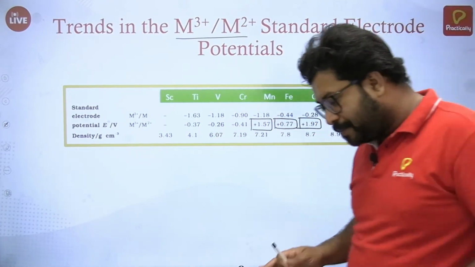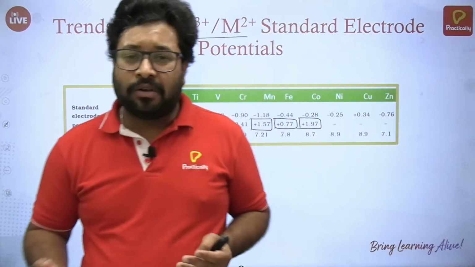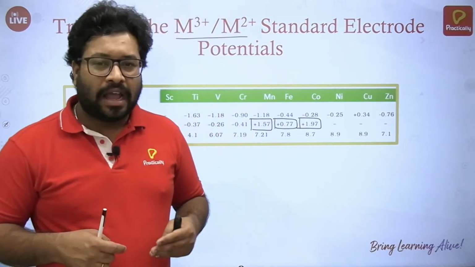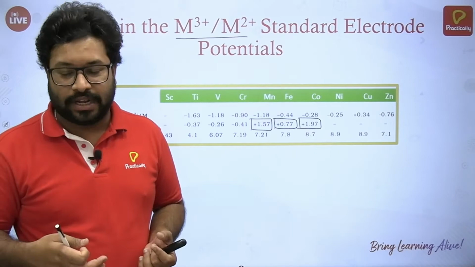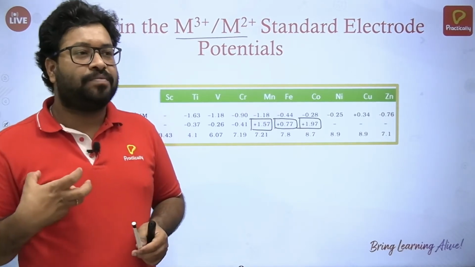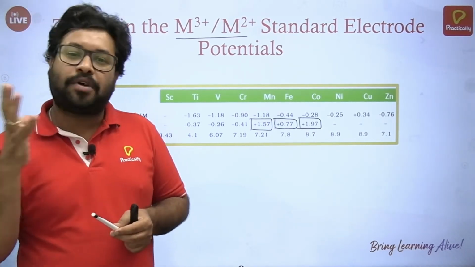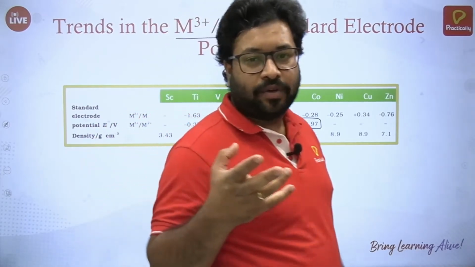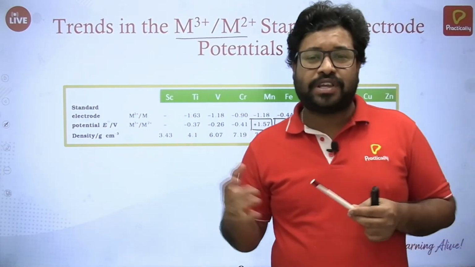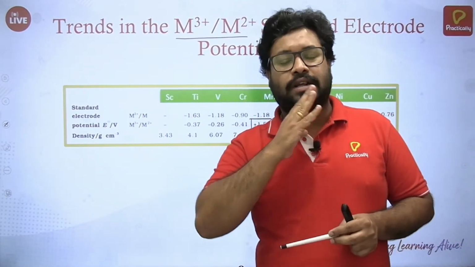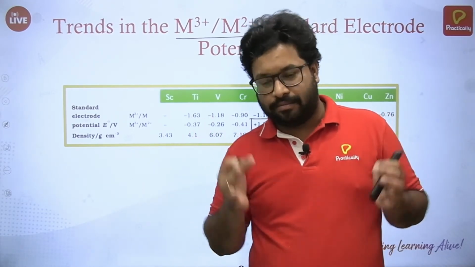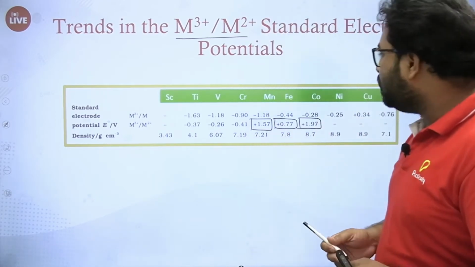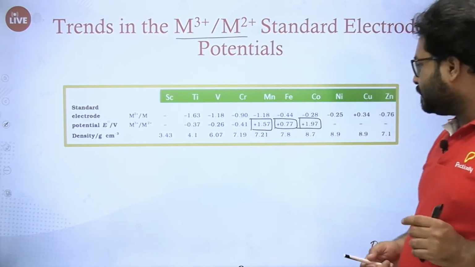Now here, see, there are some properties which have been studied widely and researched widely for the 3d series only. Okay, you will not see every property for 4d or 5d elements. Okay, there are some properties which have been studied for all the transition elements, but some properties are only for 3d metals. Okay, so you can see here, as far as the 3d series is concerned,